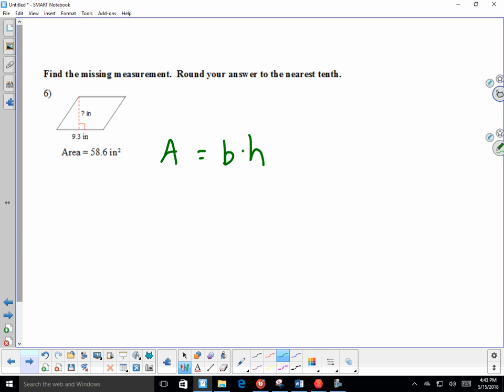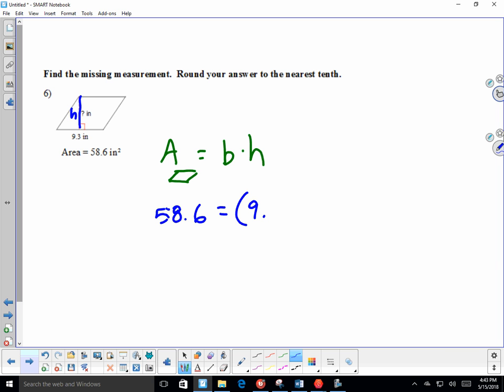The formula for the area of a parallelogram is going to be base times height. So we're trying to actually find the height. So I'll call that height h. Okay, that's this length right here. And so to find that, we're going to plug in the area that we're given. That's 58.6. The base that we know is